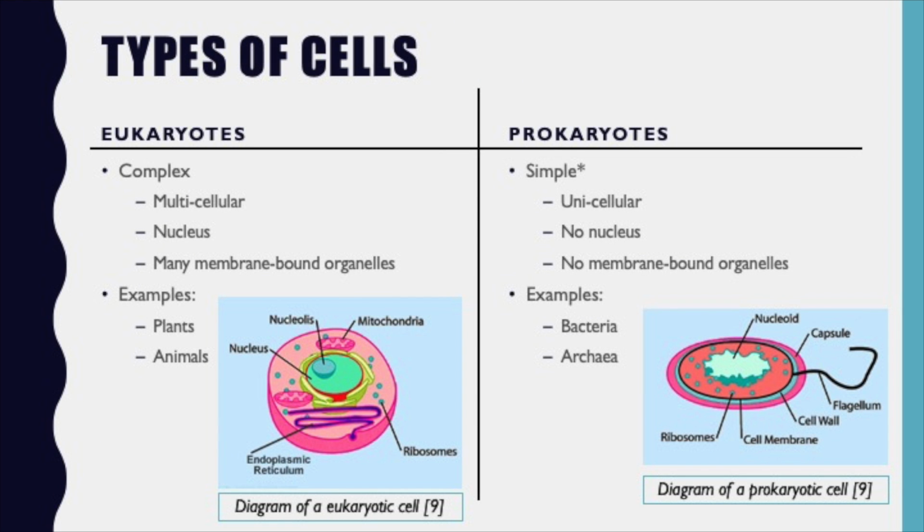So there are two primary types of cells. We'll talk a little bit about what makes up the cell in a little bit, but for right now, there are two types of cells. There are eukaryotes and prokaryotes. So eukaryotes are on the left. They are more complex. They can make multicellular organisms. So you and I are made primarily of eukaryotic cells.